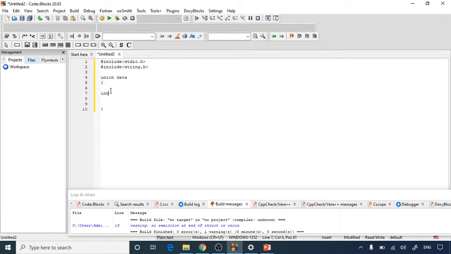Inside that I'm going to declare some union members: integer i, float f, and a character string str of size 20, and then here must be a semicolon.